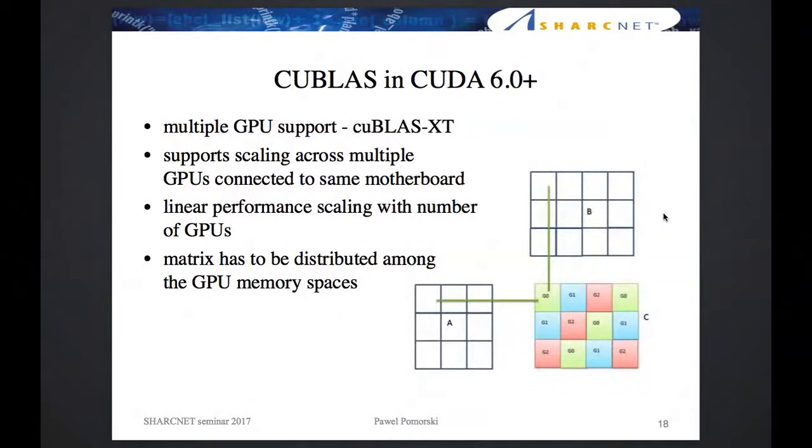From CUDA 6.0 onwards, cuBLAS offers multi-GPU support. So right now, it's actually common that a compute node has multiple GPUs, and it is possible to use them. However, it gets quite complex because you do have to partition your data so that different sections of the matrix are stored on different GPUs, and this is the programmer's task to do, and it can get pretty complex. So I won't be talking about that here in any detail, but it is possible to use multiple GPUs